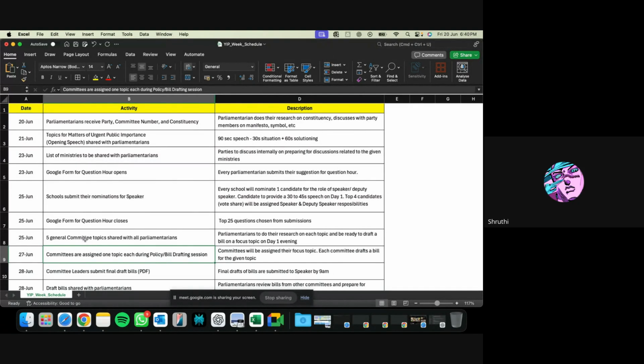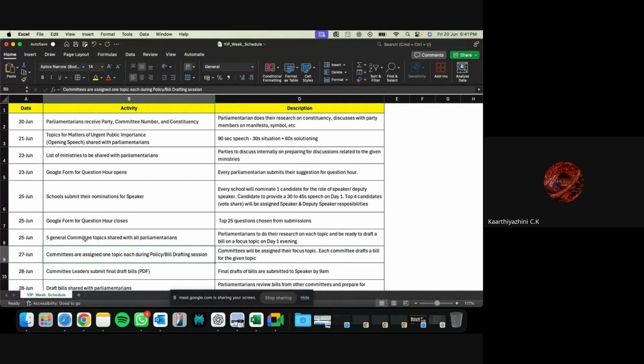So, will we have access to our gadgets during the parliamentary session? This is something, Arun, I had to refer to you. Do they have access to gadgets during the session? Yes. You're allowed to use your gadgets during the session. You can't call anyone, but you can use your mobile or laptop to access information online. All right, thank you, sir.